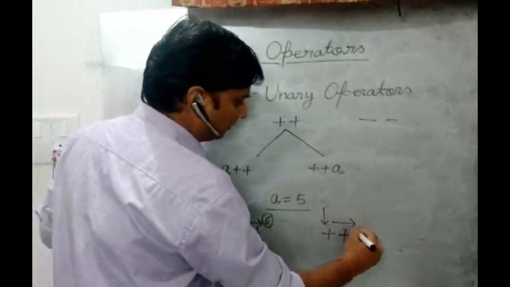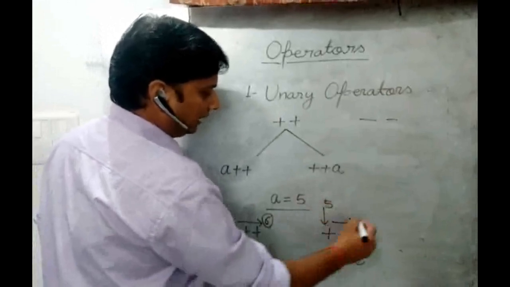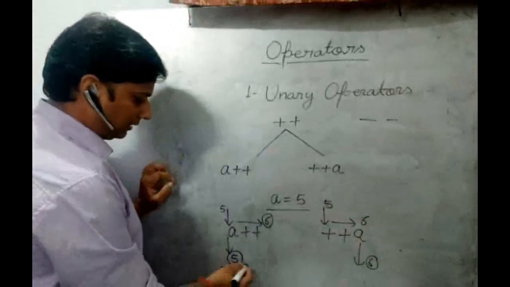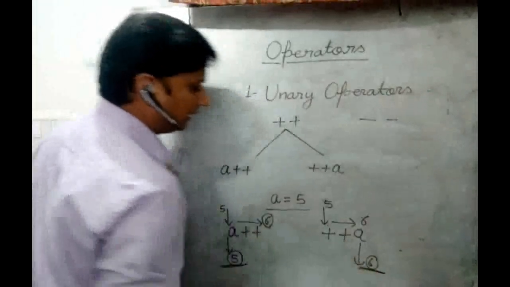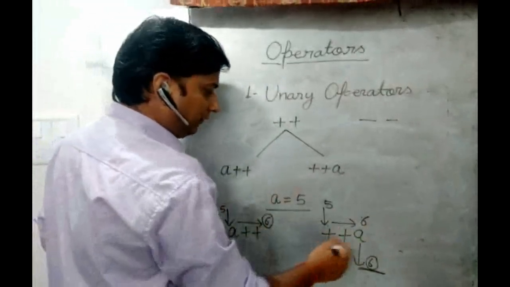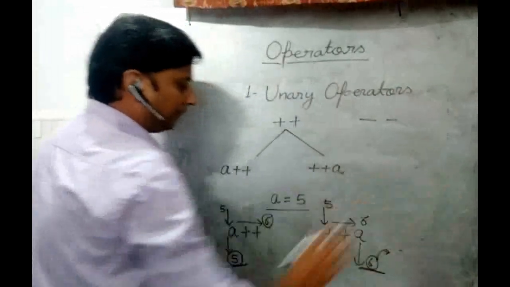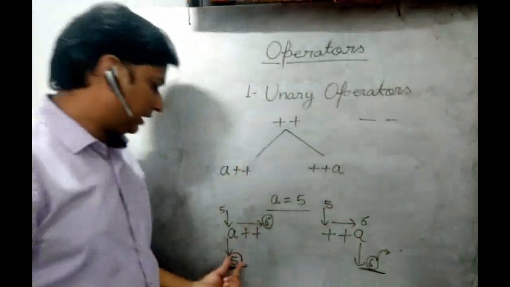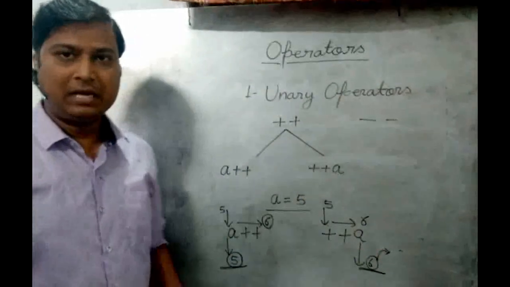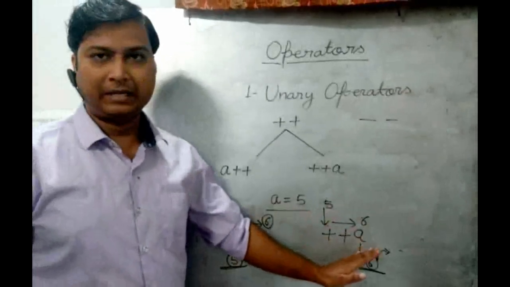But if we are using pre-increment, we have to use this arrow to solve it, and according to this arrow we take the value of a, it will be increased, and we will find the increased value. It means in post-increment the result is the same value, but here we will find the increased value. That is the difference between post and pre. And if we use pre-increment in an expression, this updated value we will use further in the expression. Here 5 is the result in post-increment, and we will use the updated value further in the expression. So this is the basic difference between post and pre-increment.